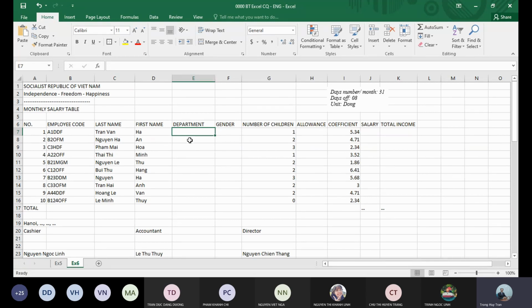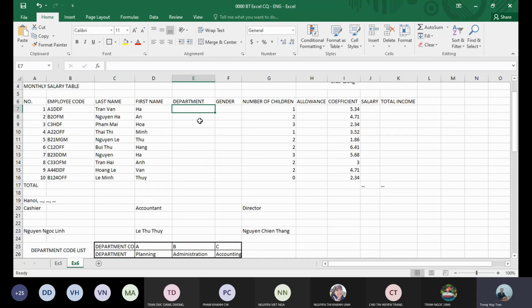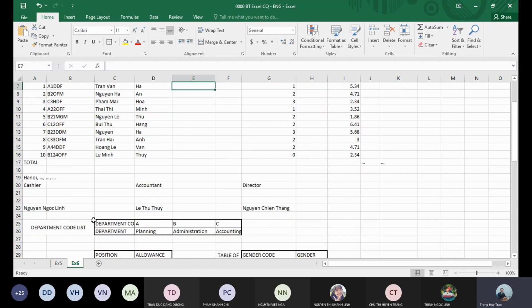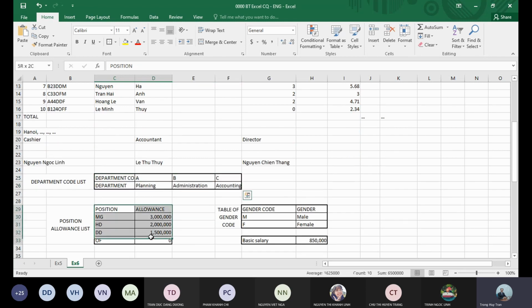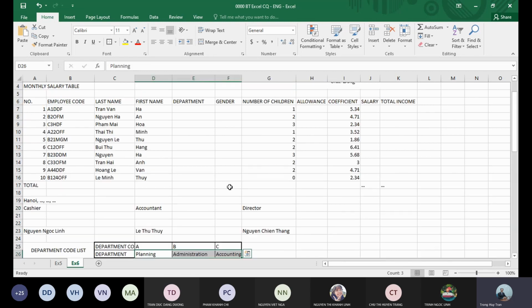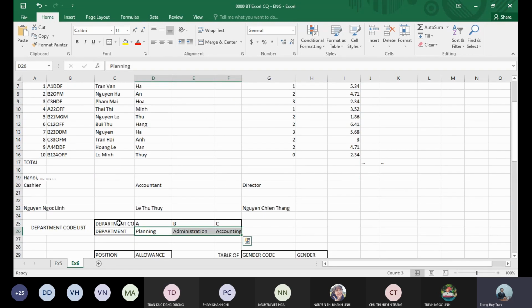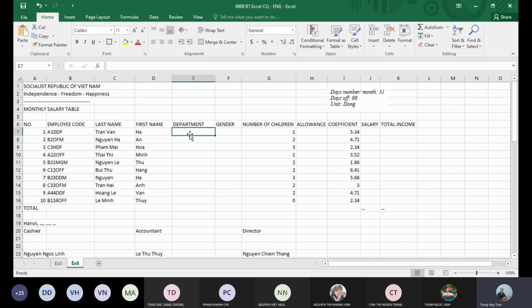So you have to apply some function to find out the department of each person in the list. So I will apply a function here. I am trying to fill the department column in the table. So you have to find the department code list. This table is horizontal. This one is vertical. This one is vertical. So when you want to take the data to the main table above, this is the table in horizontal. That's why you have to apply the HLOOKUP function. I will start with equals, and then